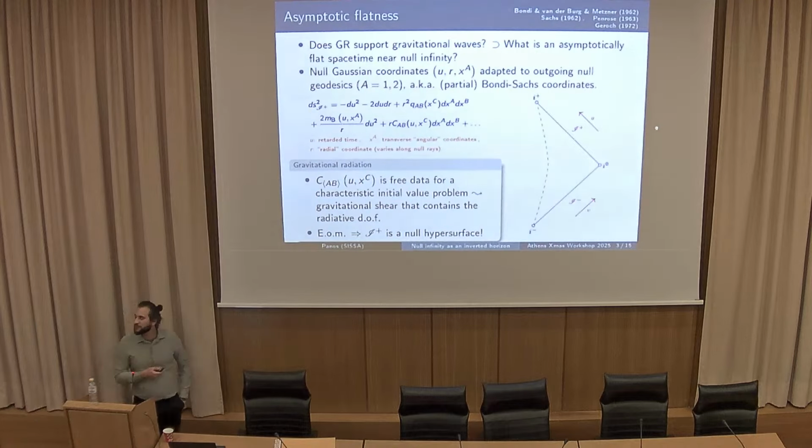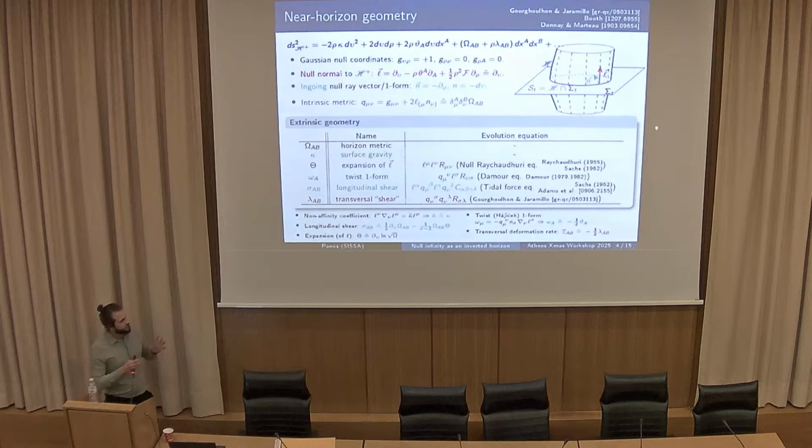Okay, I will ignore this. Right, but the key element here is that the asymptotically flat spacetime can be visualized in this way using Penrose diagrams. It's something that looks like that at large distances. Okay, now on the other side of the correspondence is a horizon located at finite distance.